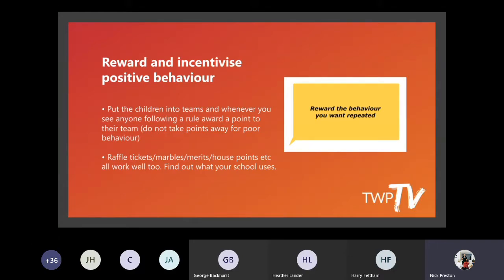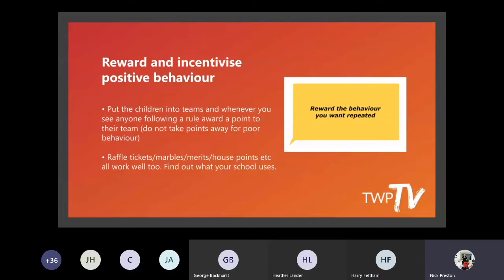And I think we as coaches fall into that bracket of saying, right, do that again, you lose 5 minutes of your lunchtime. If you do that again, you lose 10 minutes of your lunchtime. Next thing, you've got an hour and a half that they've lost, and the lunchtime is only 45 minutes. You can't do that. So we need to make sure we reward and incentivize through positive behavior.